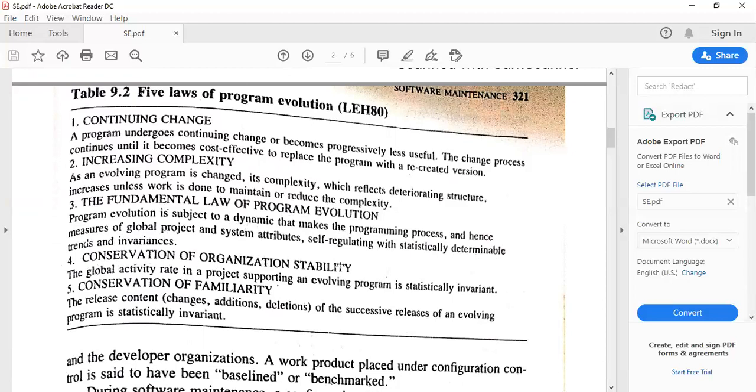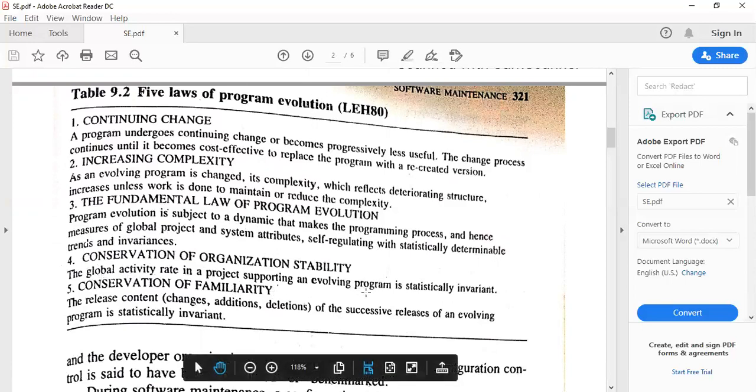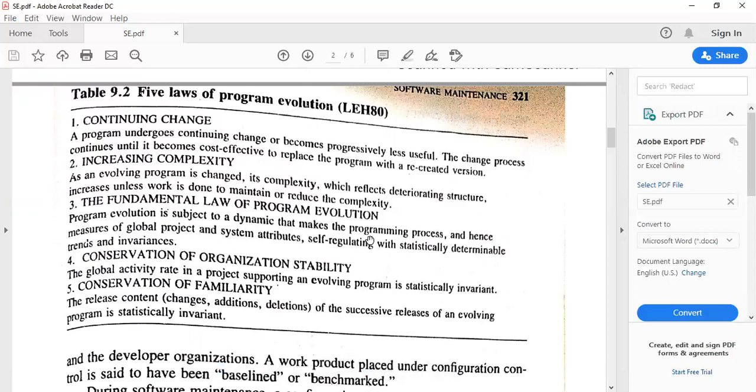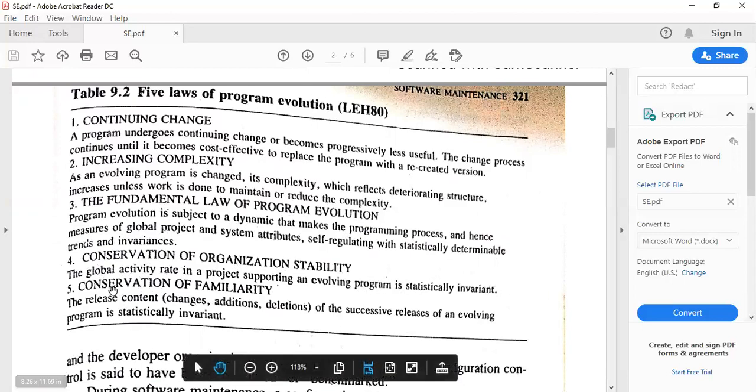What is the fourth law? Conservation of organizational stability. That is, the global activity rate in a project supporting an evolving program is statistically invariant. That is, if we are continually changing the project, that organization should have the stability to accept the changes, but it's an invariant one only.